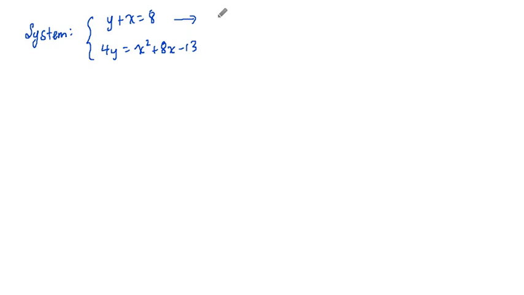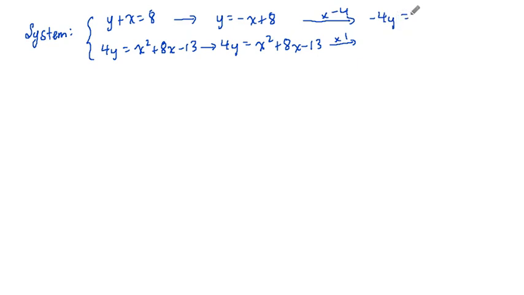First of all, I will bring the x over to the other side. I've got y equals negative x plus 8. And I leave the second one alone. So I've got this result. Now I want my y's to eliminate, so I multiply the first equation by negative 4. The second equation I leave alone or just multiply it by 1. So I have negative 4y equals 4x minus 32. And in the second equation, I've got 4y equals x squared